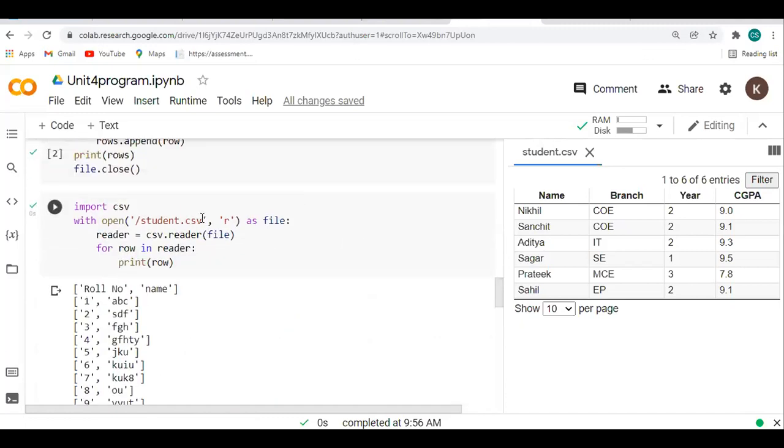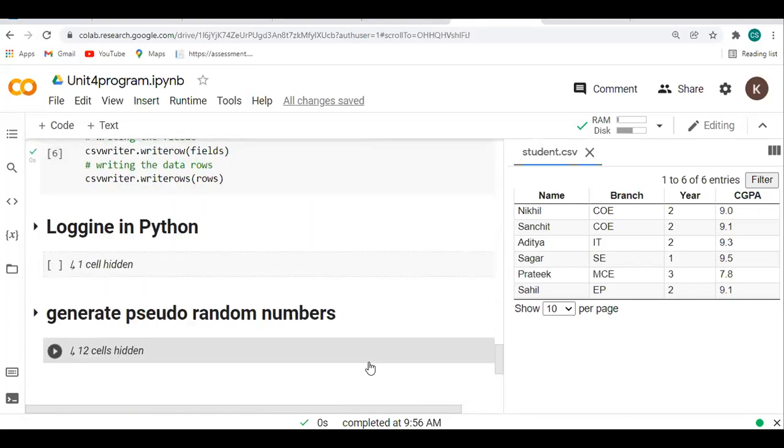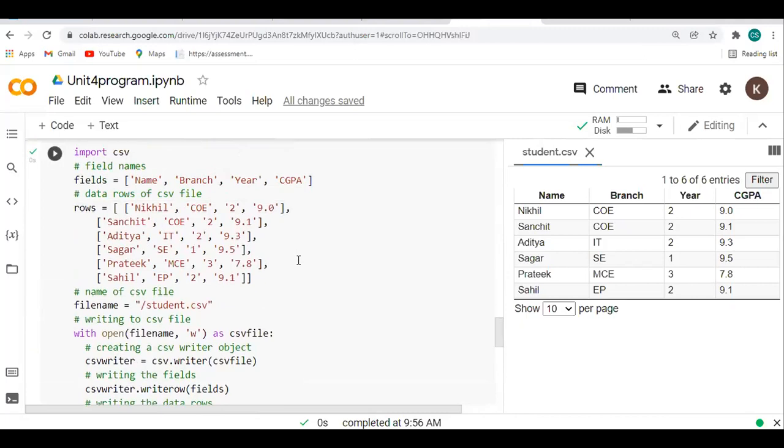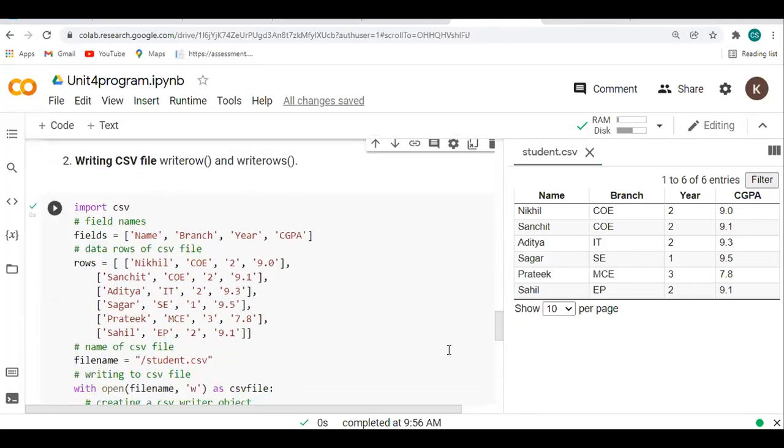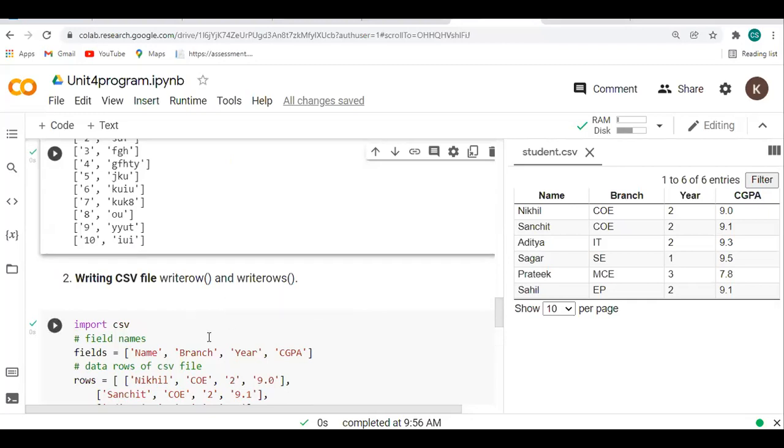Because here we are directly saving our program with that name and we are directly taking that data into our program. So this operation is totally related to the Excel file, that is a CSV file.